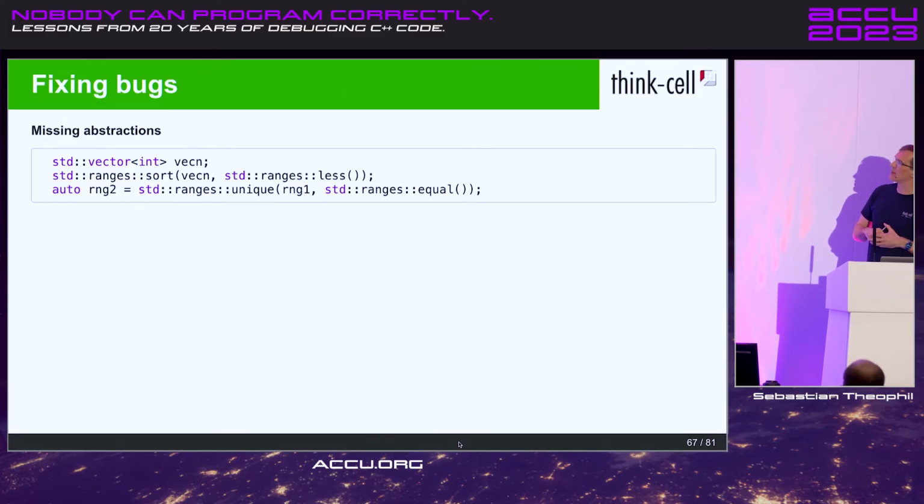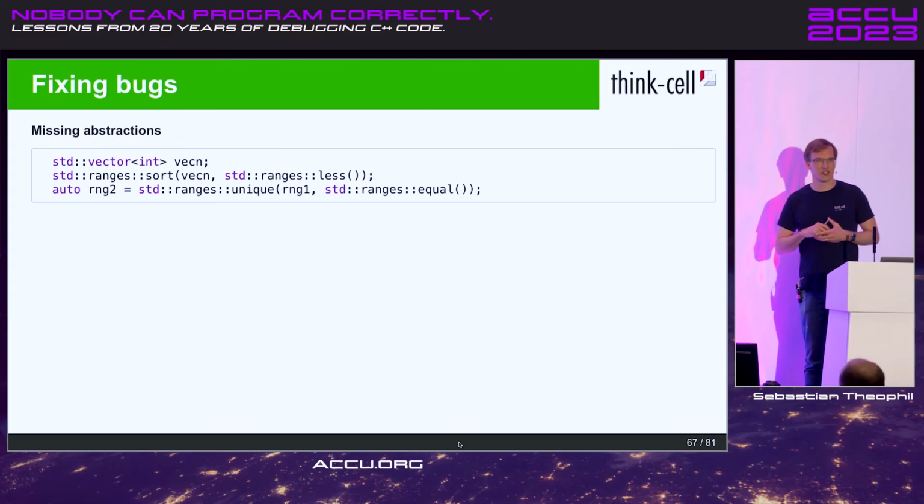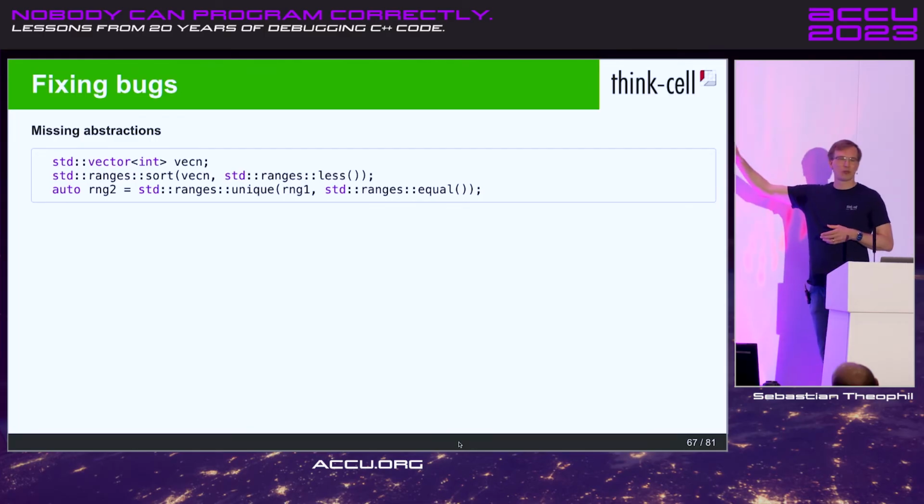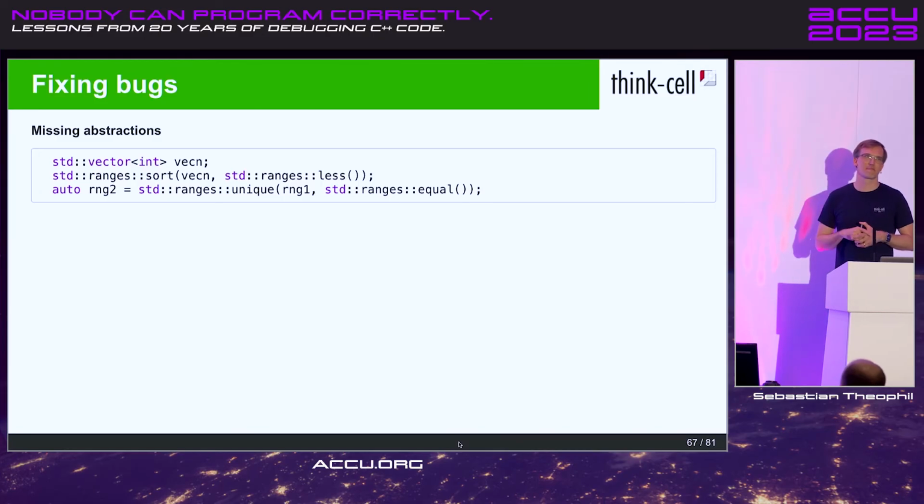I think by the time we found the problem, we had this 74 times, the same pattern. Does anybody have an idea of what could go wrong here? If you do this over and over again, what will you get wrong eventually? Because there's some subtlety here that you have to do correctly.